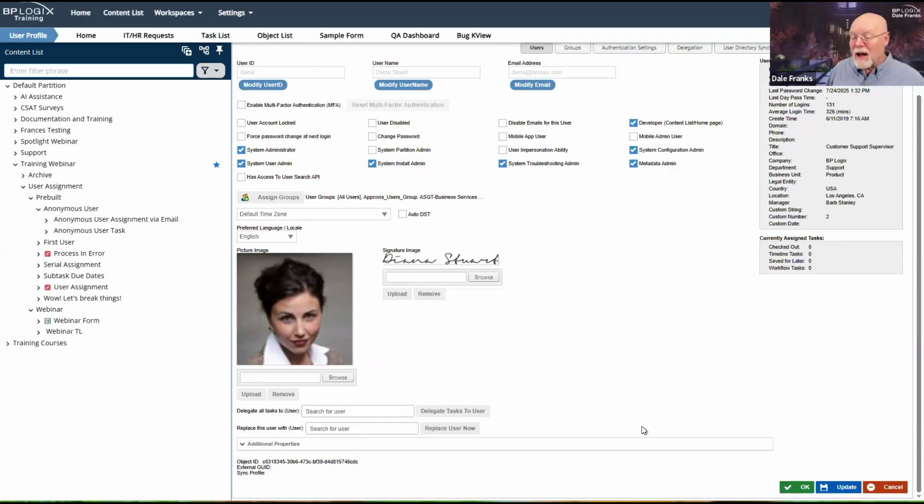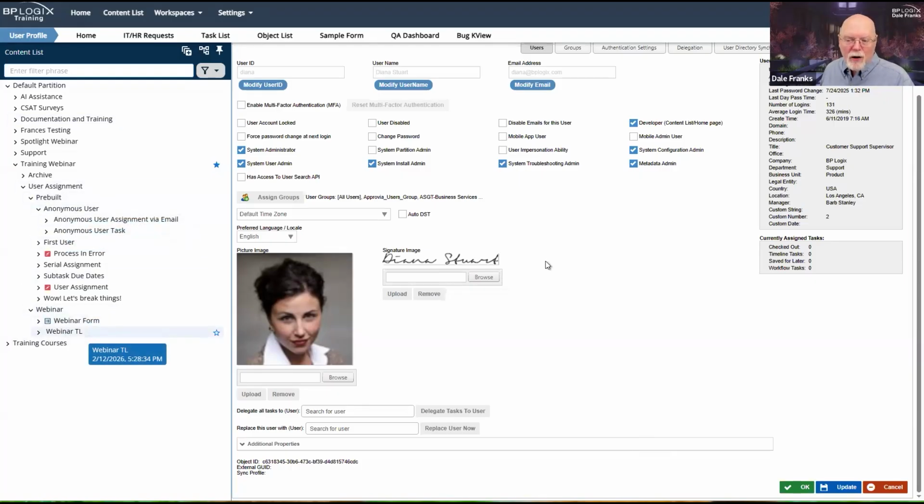So in a case like that, where I can do a global replace, I'm not going to have to go into every individual activity instance and make a task reassignment. I won't have to do that manually. I can just do it globally here. And the global replacement is often a lifesaver. But if you can't avail yourself of it, then you will have to go back and perform the manual administrative process of changing users.